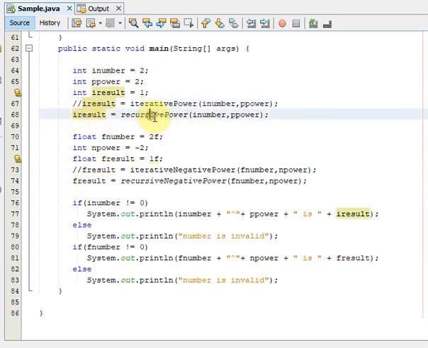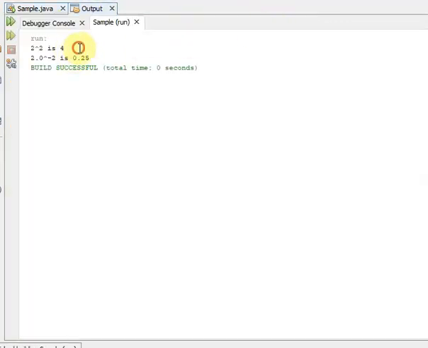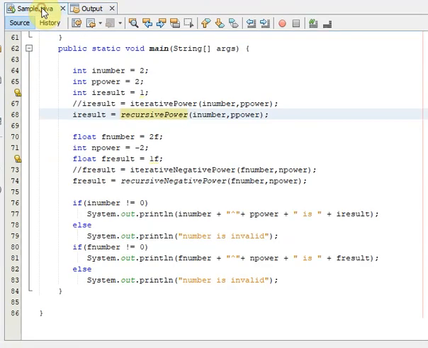The previous one was using the iterative approach for both positive and negative exponents. This is with the recursive approach for both positive and negative exponents. Let's run this program, and yeah, we are getting the same result. So that is about the recursive and iterative styles of